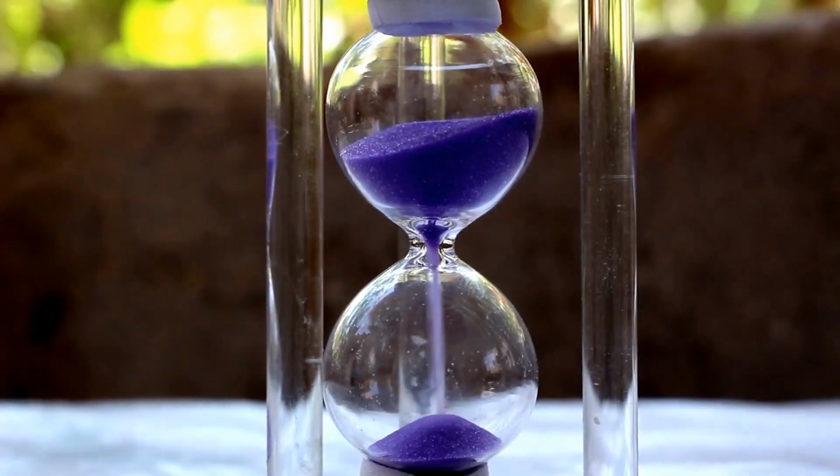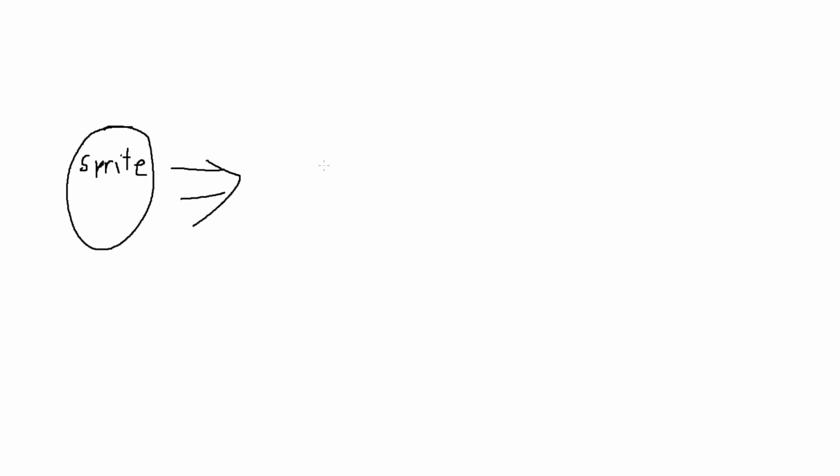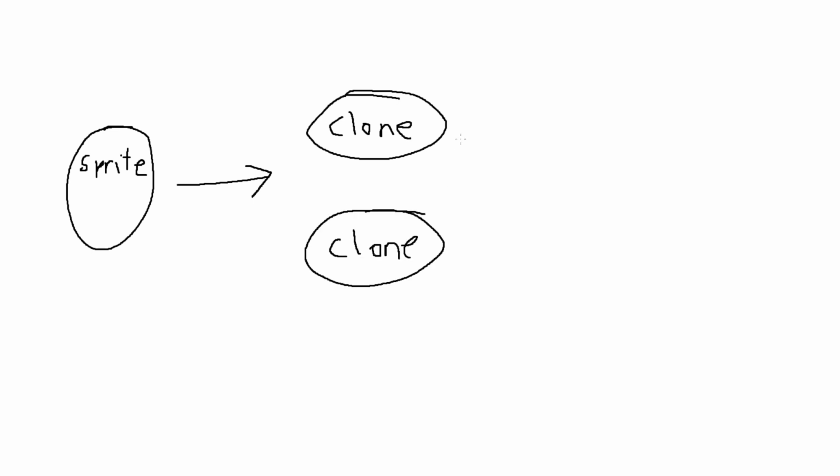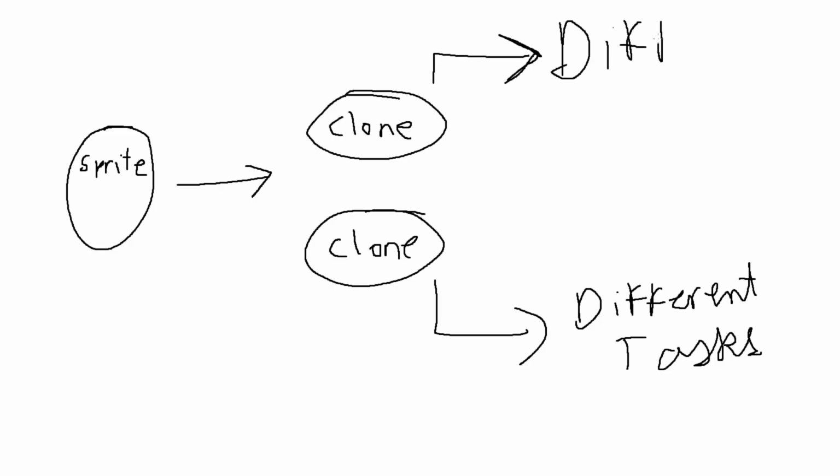This algorithm saves a lot of time and sprites. And this also makes your project less laggy and easier to make changes. So what it does is that it creates clones of a sprite and separates them as if they are completely different sprites. And by doing that, you can make an entire game in one sprite.